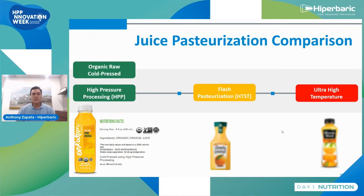So to break down the pasteurization process for juice, and I'll take orange juice for example. Traditional juices on the market were mainly processed using an ultra high temperature process. The temperature for this process can be anywhere between 135 degrees Celsius to 140 degrees Celsius. If you put this into perspective, you're essentially denaturing the product. You're boiling the product as a kill step process, but it leaves you essentially with a sugar drink without any